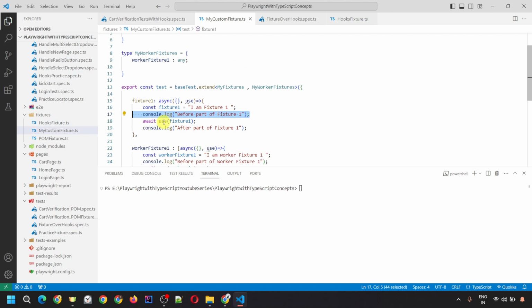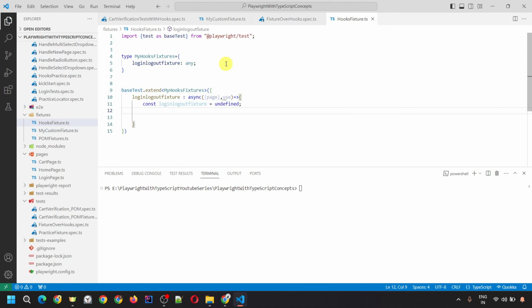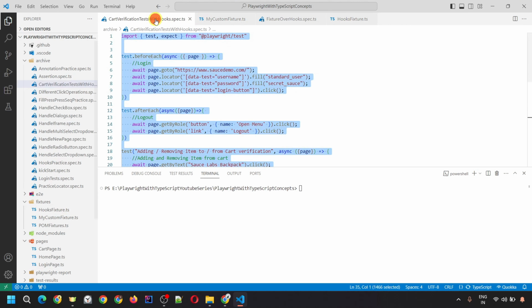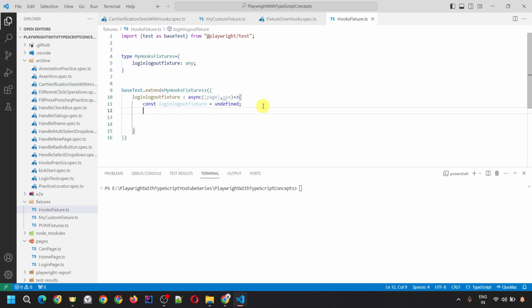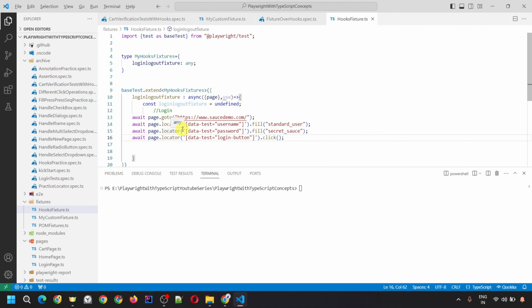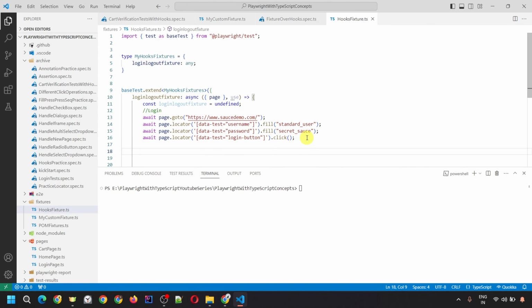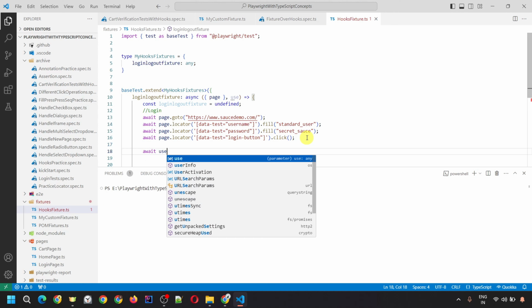So before this use we need to provide the before part, right, which is going to get executed before each test. Okay, so here let's give this login part, right? So let me copy that code from this hooks test script file. Okay, so this is the code related to the login, right, which we want to execute before each test, right? And then after this what we are going to do, we are going to provide this use, right, which will